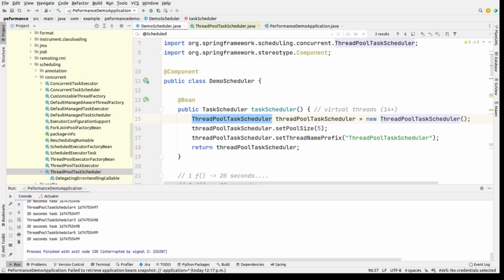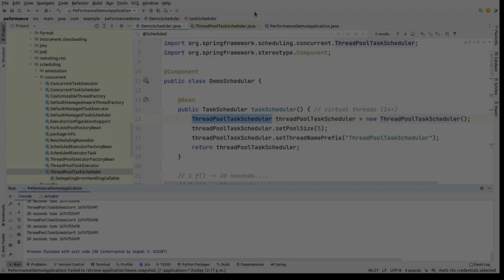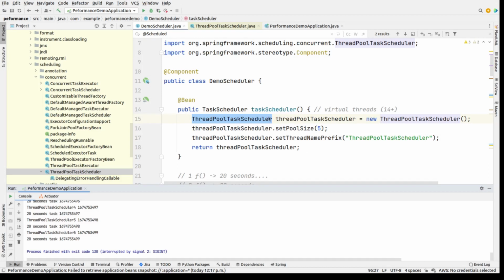Okay, let me do something here. So far, what we covered? We covered task scheduler. This is good. Task scheduler is responsible for scheduling tasks, not for running tasks, not for launching tasks. Okay, go in there and create another bean